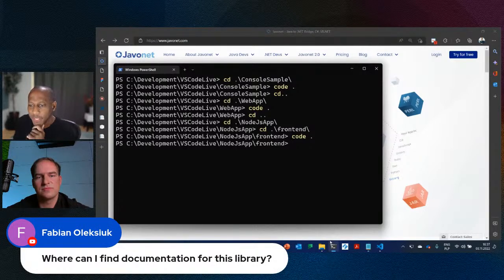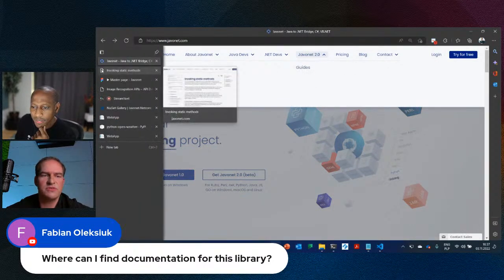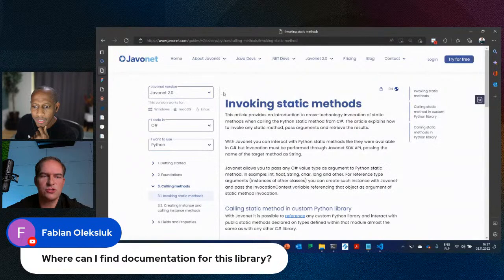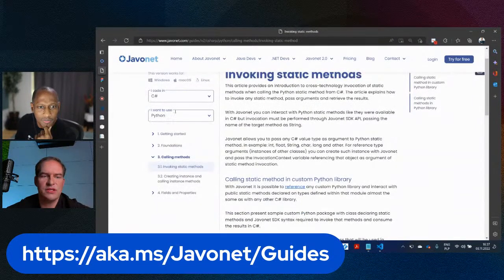Okay, Fabian says, where can I find documentation for this library? So we have quite a nice section, the guides on Javonet 2.0 on the javonet.com webpage, where you can choose the Javonet version and then choose the language you are coding in and the language you are planning to use.